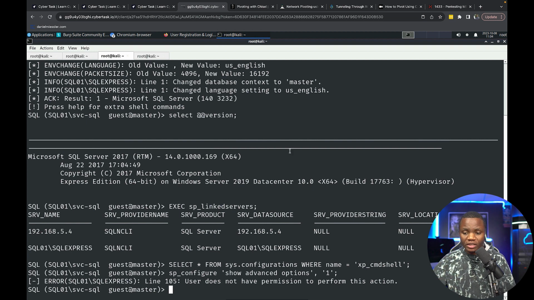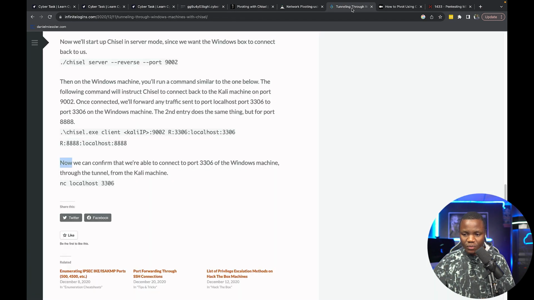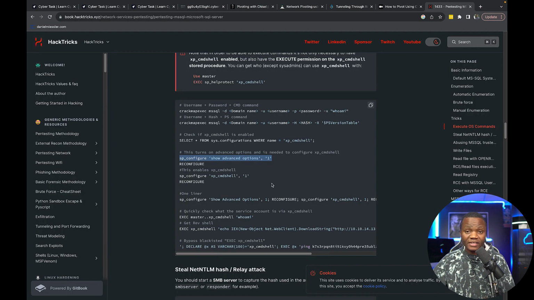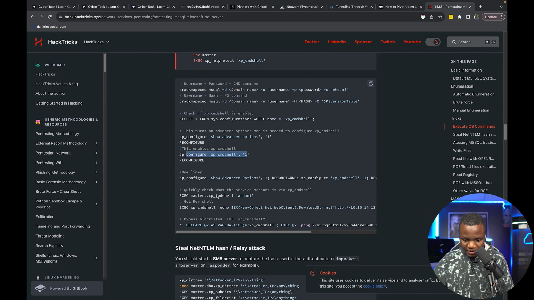What we do have permissions on, though, sometimes is we can try to force capture the NTLM hash of whoever this service is running as, because just because we signed in as SVC does not necessarily mean that the service is running as that user. It's probably running as maybe another user. Maybe it's running in the context of SA, which might be even better. So let's see if we can capture some NTLM hash. We cannot configure it. We know that. So what we probably need to do is